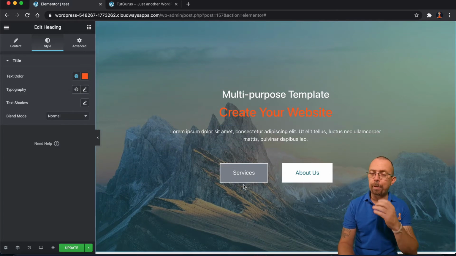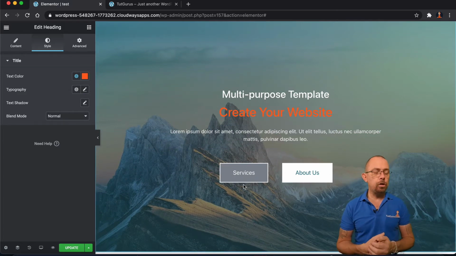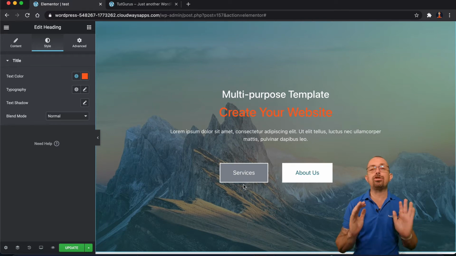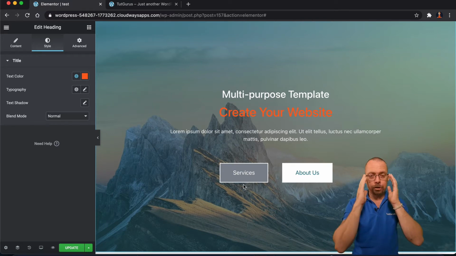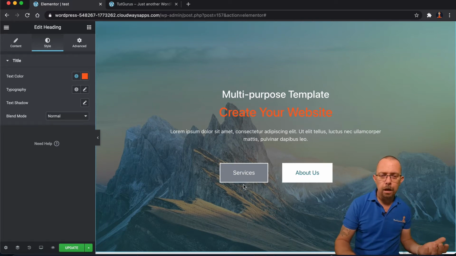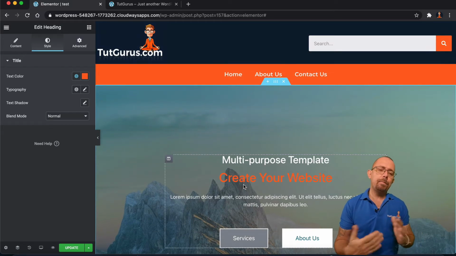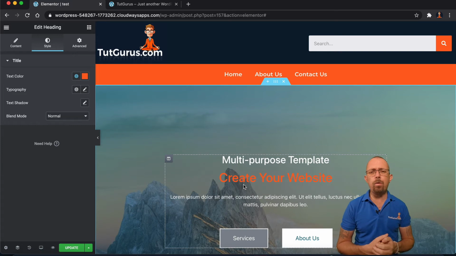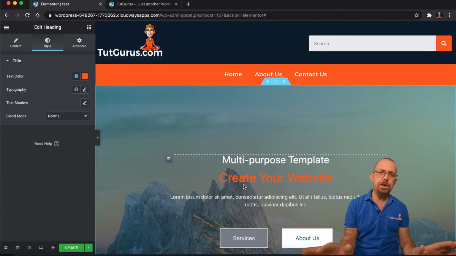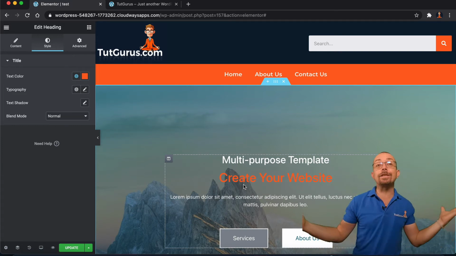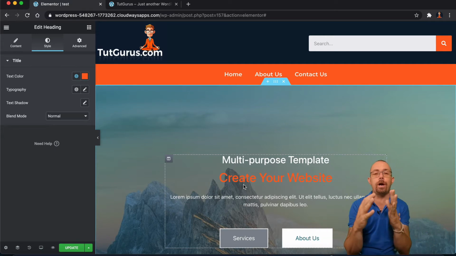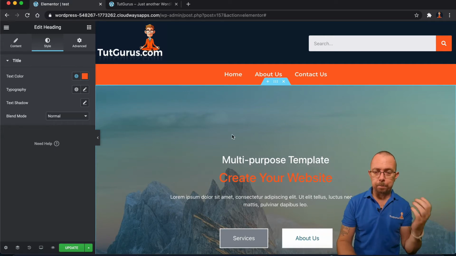Now let me show you the power of this. Let's say, for example, you got a client and they change their mind, and trust me, this happens a lot. So you got a client, you built the website, you got these blues and oranges, they've confirmed this is what they want, but they come back to you in 6 months' time and they say, you know what, we're rebranding, we want to have pinks and greens now. Why they'd want that, I have no idea, but let's say they want these weird colors, pinks and greens.